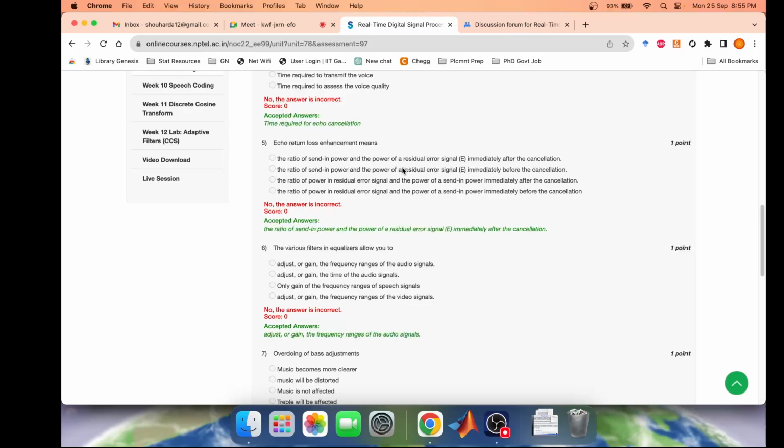It says the various filters in equalizers allow you to adjust or gain the frequency ranges of audio signals, adjust or gain the time of audio signals only,